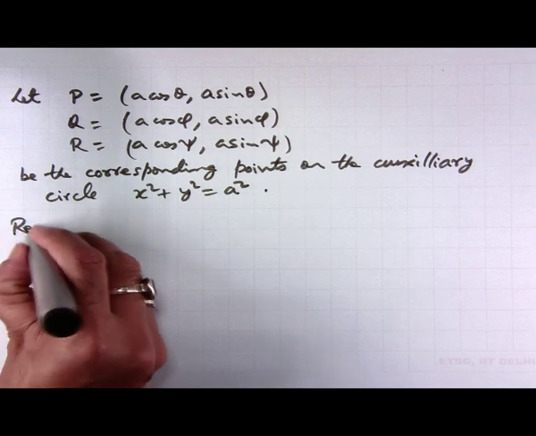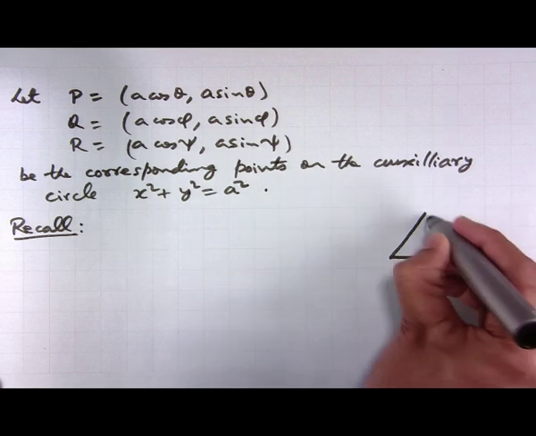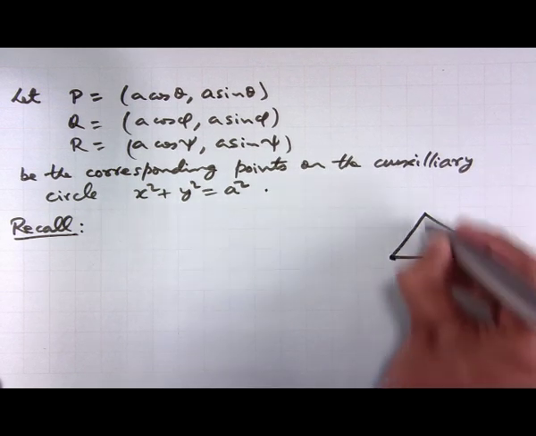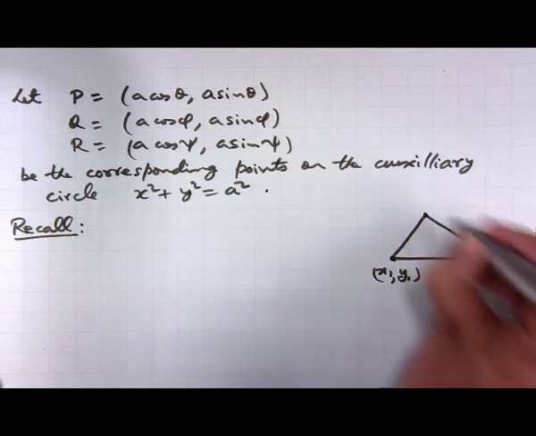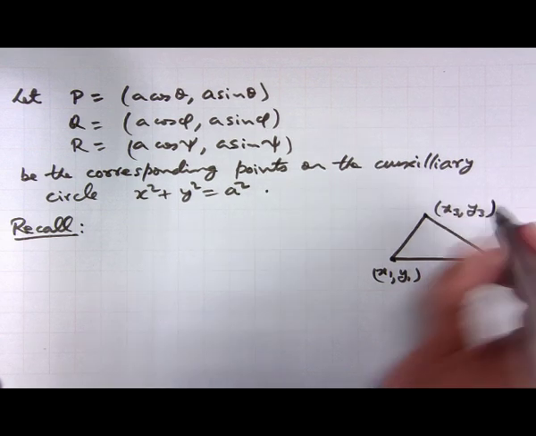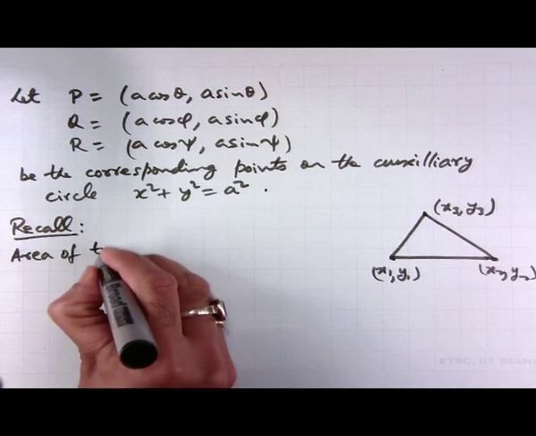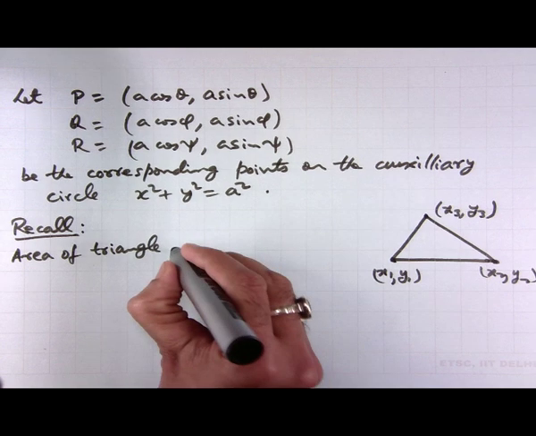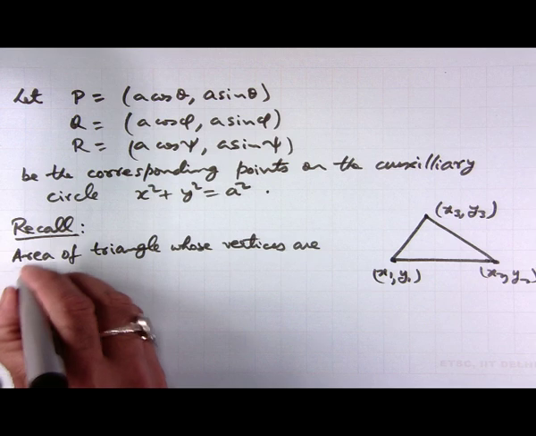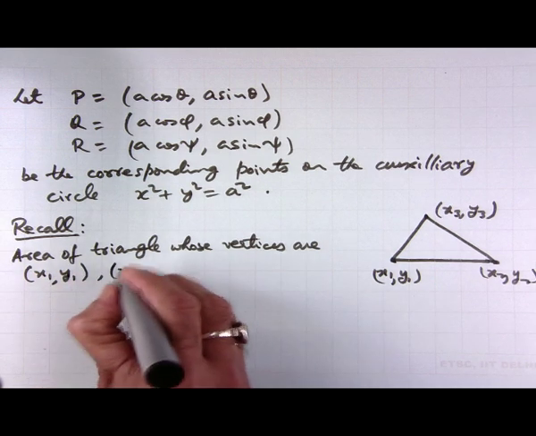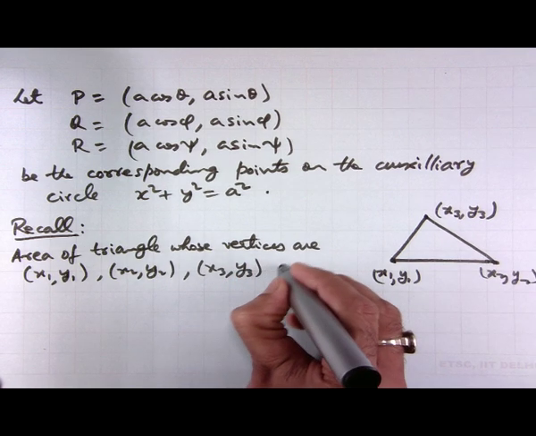Now, recall, if we have the coordinates of any 3 points as x 1 y 1, x 2 y 2 and x 3 y 3, then the area of the triangle whose vertices are x 1 y 1, x 2 y 2, x 3 y 3 is